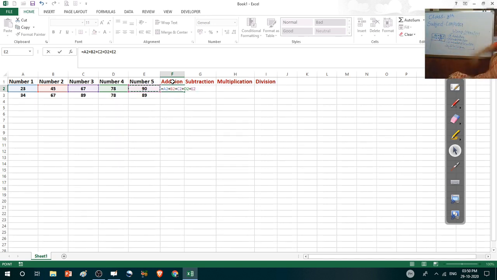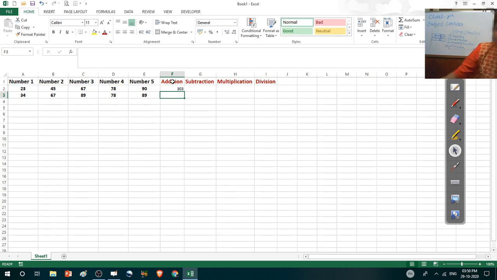Then press the Enter key. So this is the addition of these 5 numbers.